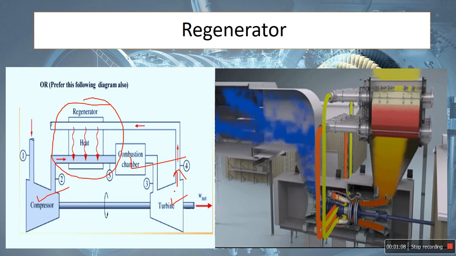It's very simple. The exhaust gas from the turbine has too much heat, which before this modification was released to the atmosphere. Now we are going to do waste heat recovery. Simply, the regenerator is nothing but waste gas heat recovery, like a boiler where the exhaust gas from the boiler we utilize with the help of an economizer, air preheater, and superheater. In the path of that flue gas, we arrange three heat exchangers; here we are arranging one heat exchanger, that is the regenerator.